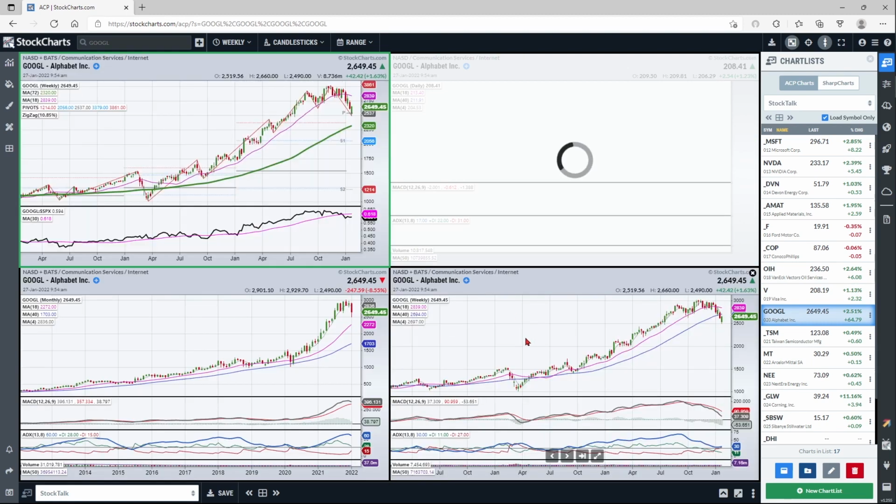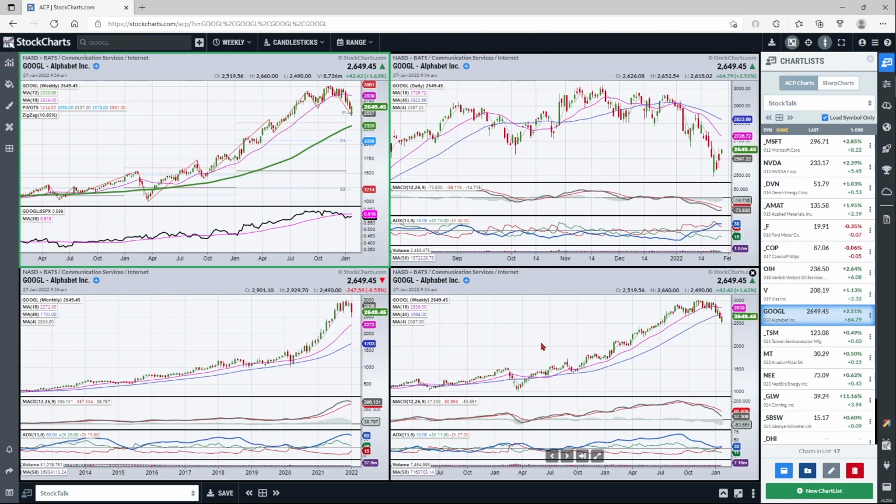Google. So Google, I think, is okay on a longer term time frame, but what's taking place right now is we got too far away. Look at this MACD. So I know MACD is a momentum indicator, and I use it that way as well. But when it gets stretched away from the zero line, we think of it as an overbought, oversold oscillator, and it just got too overbought, and now it's working its way back down to neutral. But it's not there yet, and I think it might need a little bit of time. I wouldn't be surprised to see another rally and another comeback like this and see the MACD do this and get a little bit closer to the zero line here.